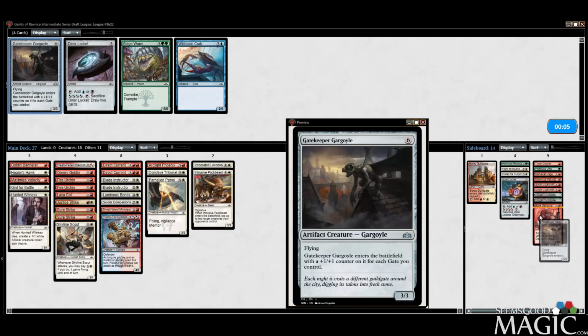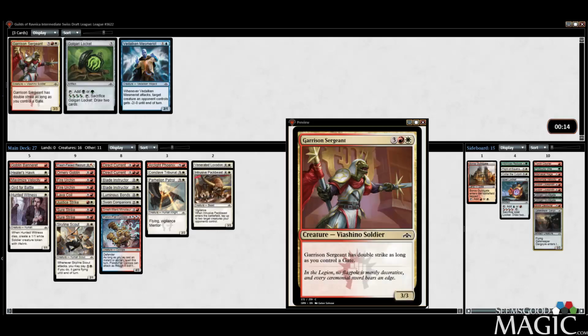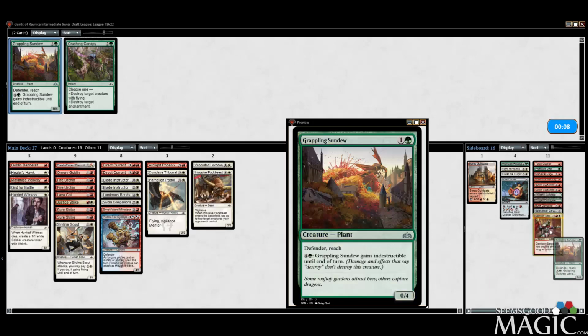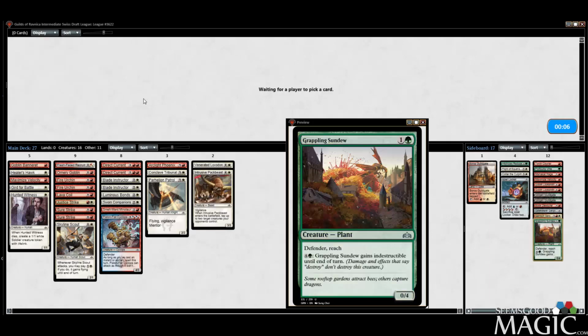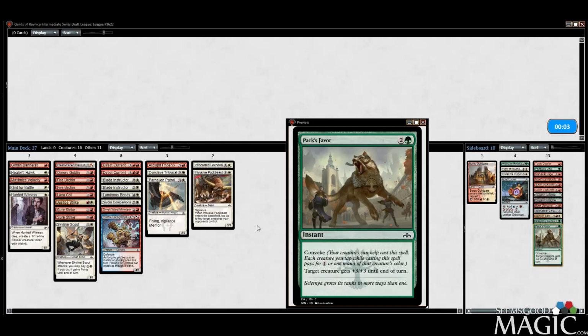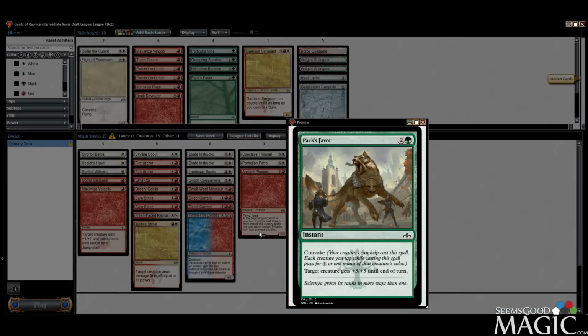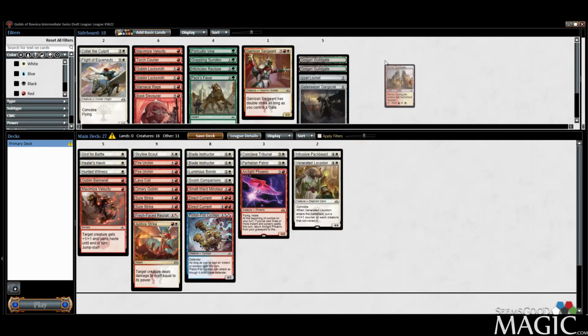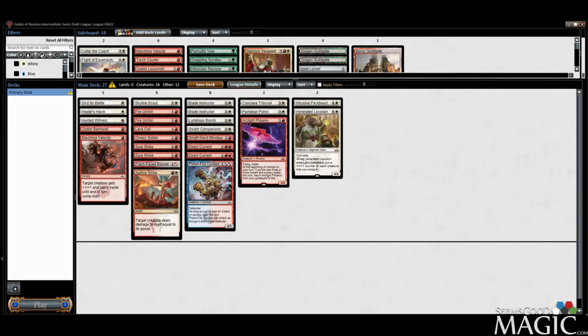I've got to think a little bit harder here, but I do really like what this deck can do. We ended up getting enough premium creatures where I feel good. And if you count the Sworn Companions, we really have like 17 creatures currently, which is good. So